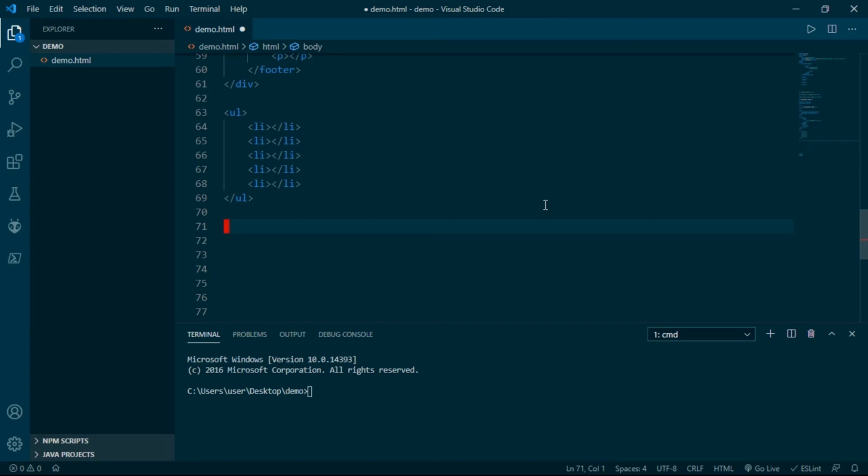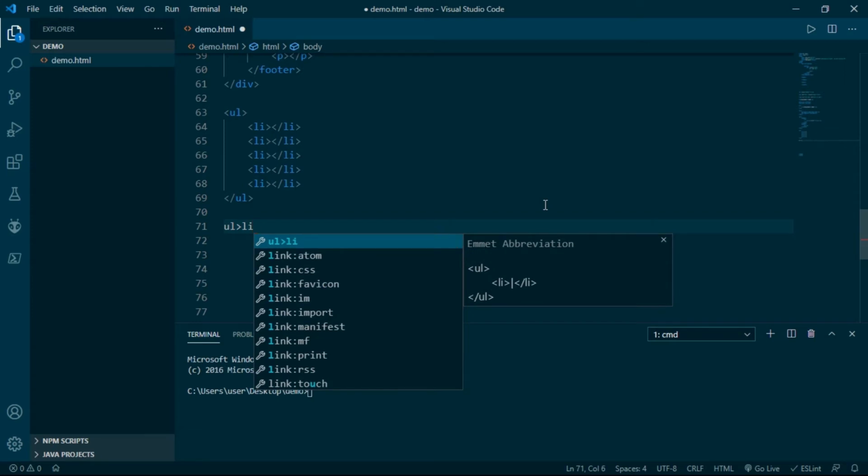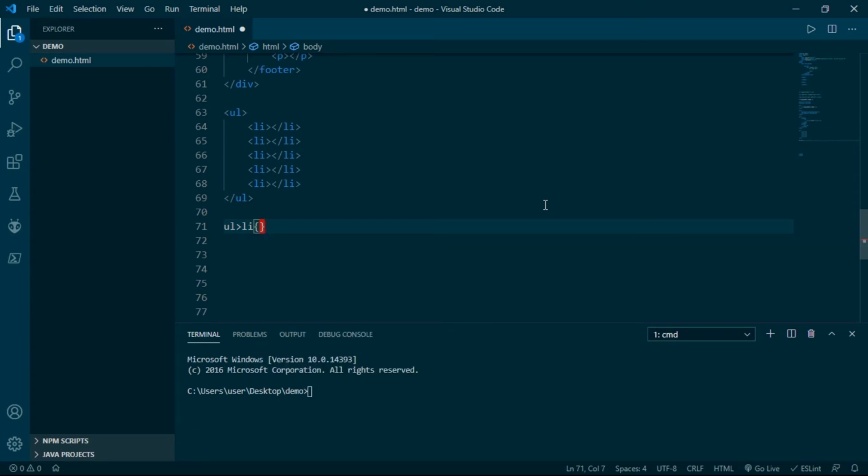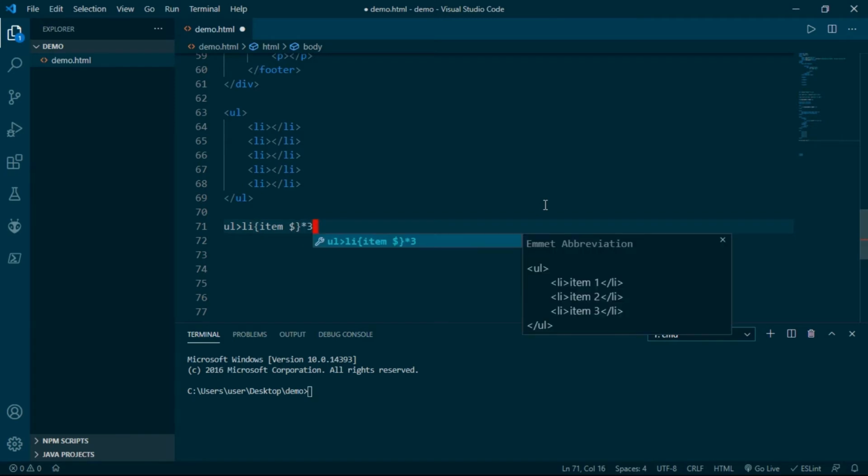For example, I will again write ul > li, and under curly braces I will write item and a dollar sign. Here the dollar sign simply refers to a sequencing number. When I multiply it by 3, it will duplicate the li tag 3 times and give the data as seen here. Yes, it starts with 1.